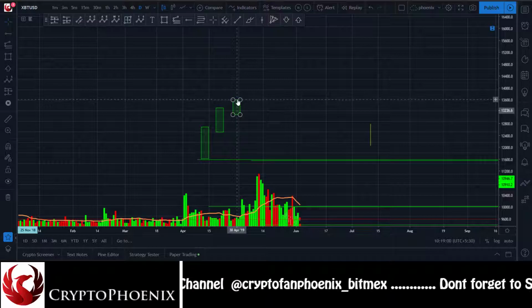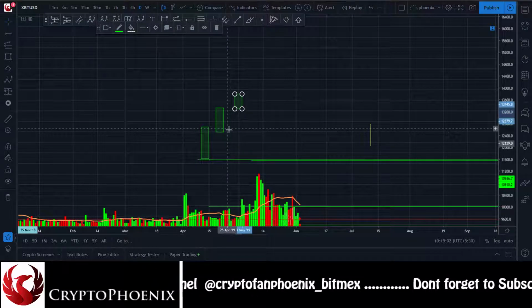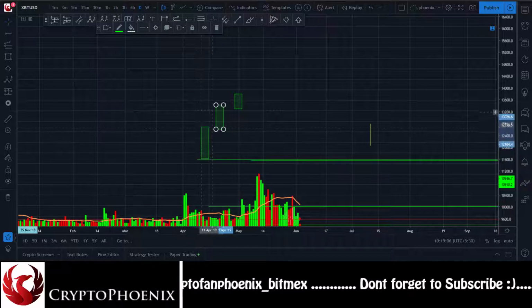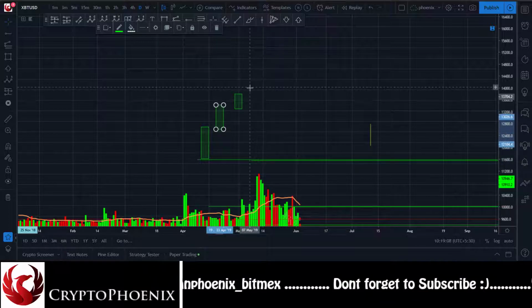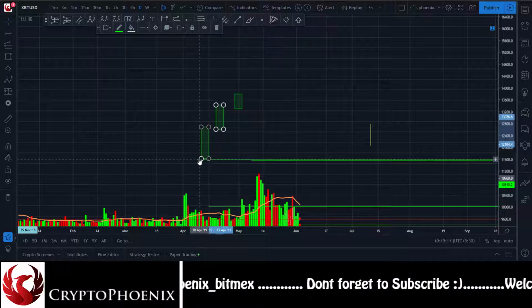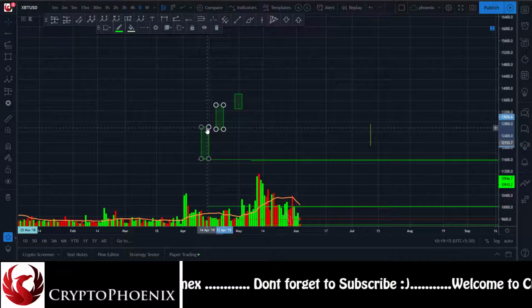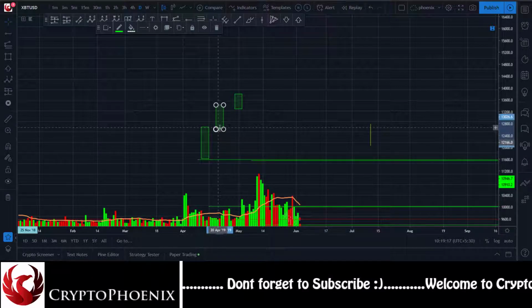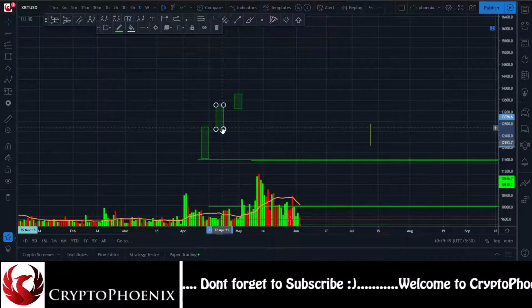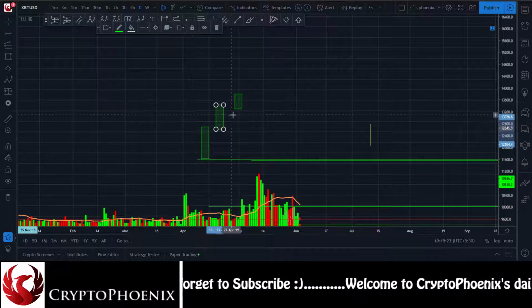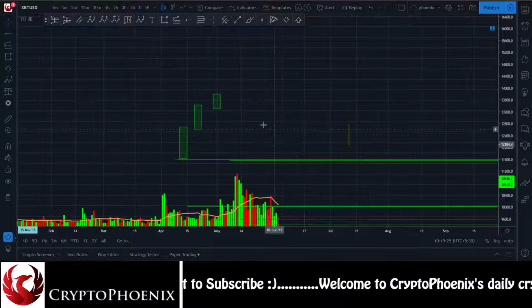So this is an example of three white soldiers, where each candle opens one after the other without a wick. So you can say the market starts right from here. The first candle closes here, the second candle opens right after that candle, and it moves upside again, then the next candle, and moves upside. Whenever you see this type of candles,